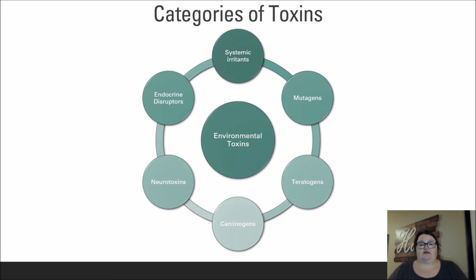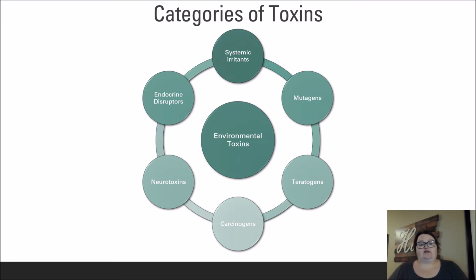Mutagens are compounds that trigger a mutation in the subject. There are two more specific categories of mutagens: carcinogens, which attack somatic cells, or those that make up the normal body systems and cause uncontrolled cell division. This can lead to various cancer formations. The other is a teratogen, which attacks germ cells, or those that are used in reproduction, the sperm and the egg, and can cause birth defects. Teratogens are also compounds that can cause issues if a pregnant woman is exposed to them.